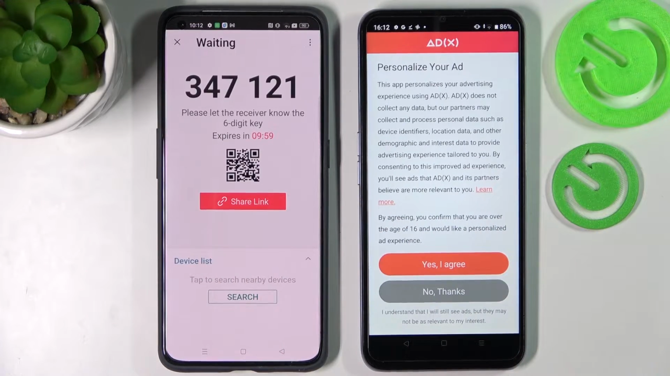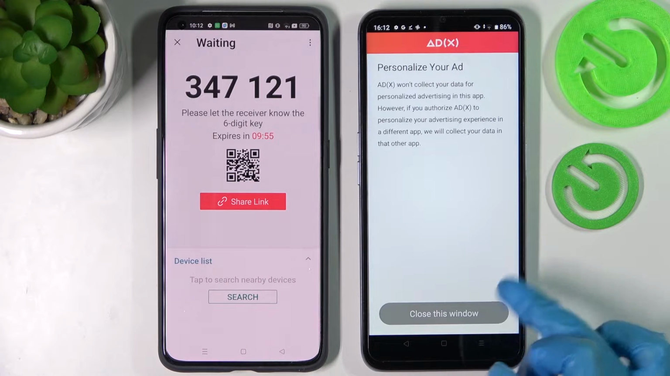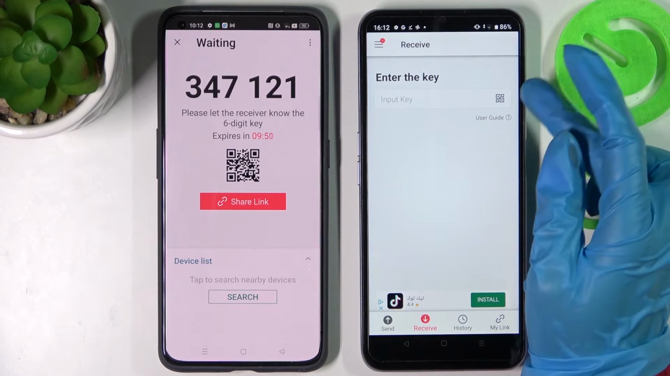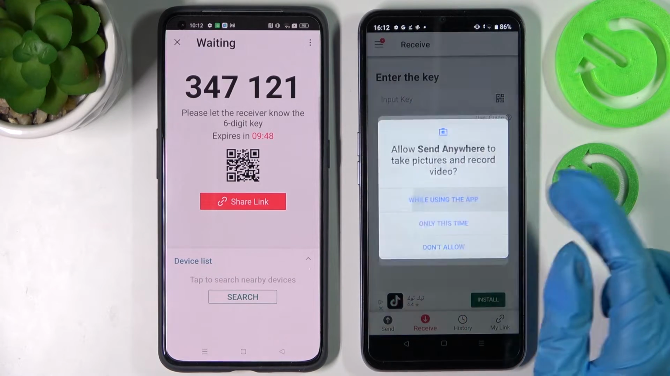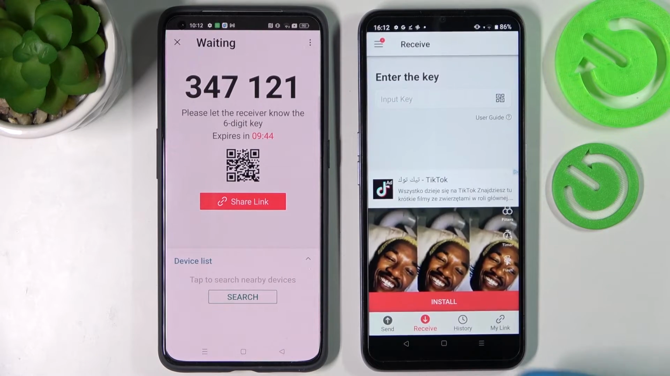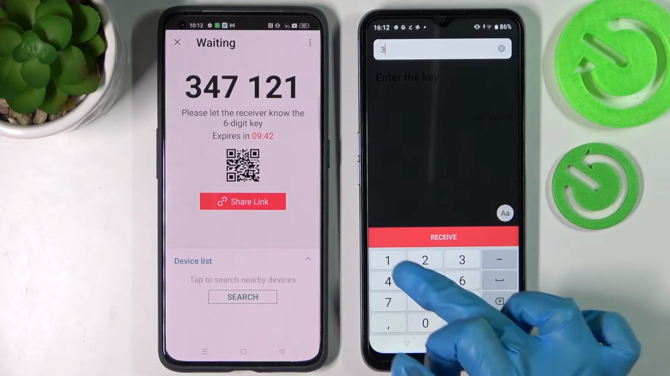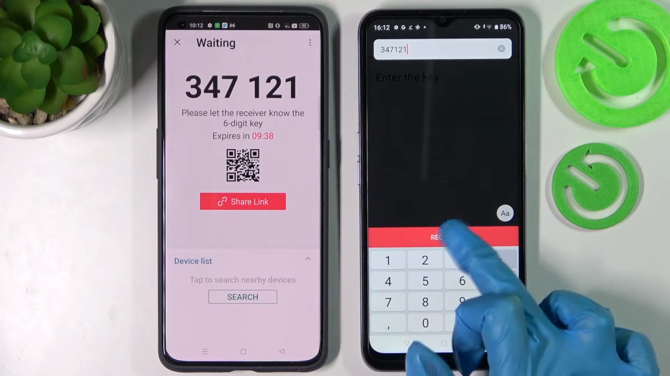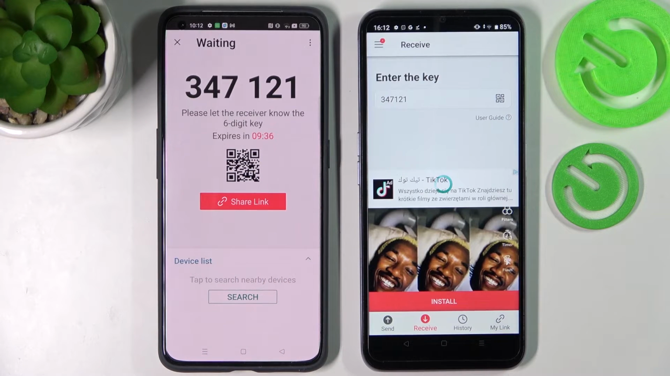on Got It. As you can see from here, we have two ways to connect. Over here you need to select No Thanks and close this window, and then you can scan the QR code by tapping on the scanning icon on Realme, choosing while using the app or only this time and pointing your camera at the code. But we can also input this key over here, we have a lot of time, and select Receive. Now after a couple of seconds, as you can see,